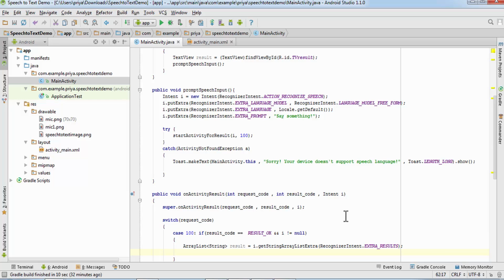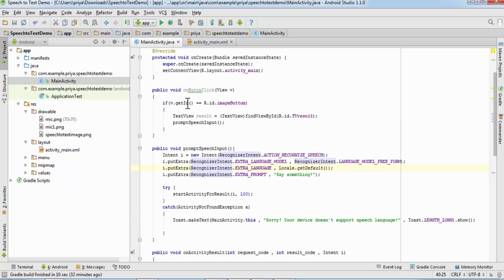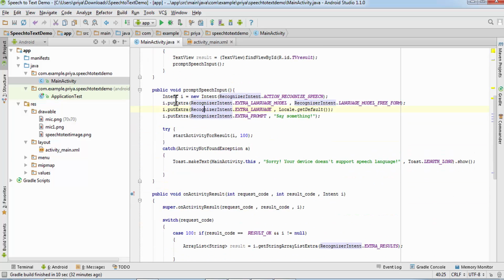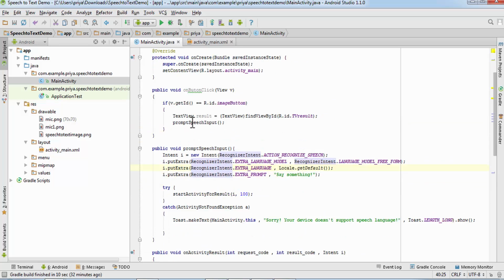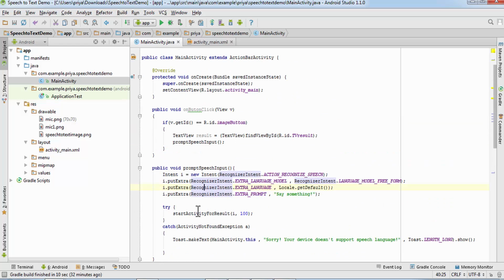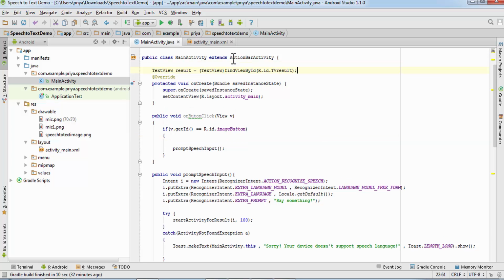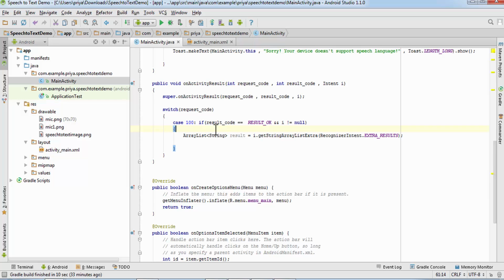And again we are going to call, and now we are going to set the text, whatever the result is, to this TextView variable, which is here. Actually we are going to use that TextView variable here, so we need to make it outside this method. So I'm just going to cut it from here and paste it here so that we can use that variable here.